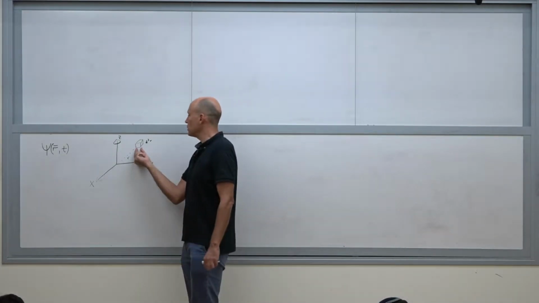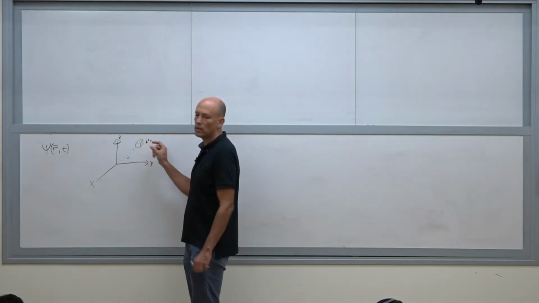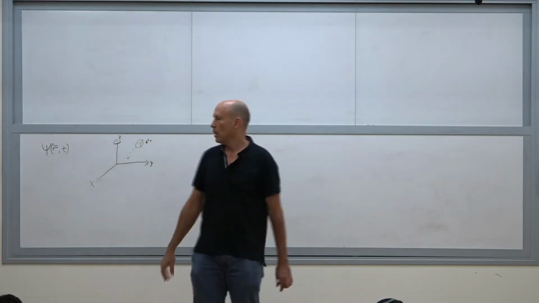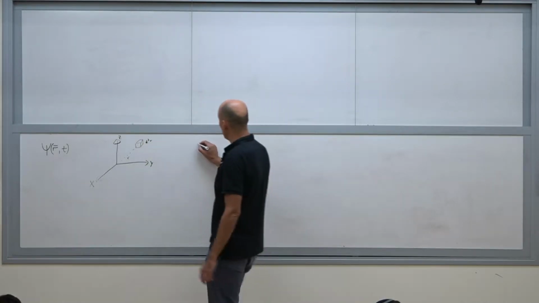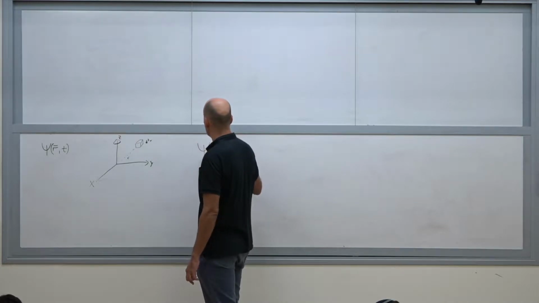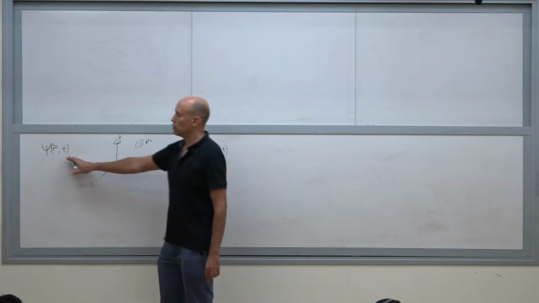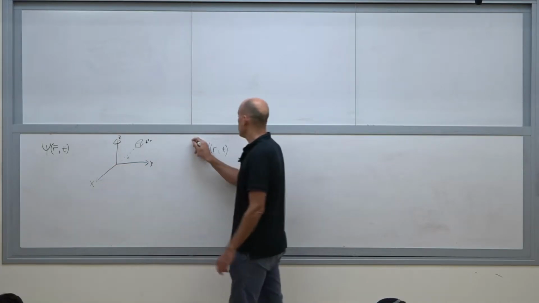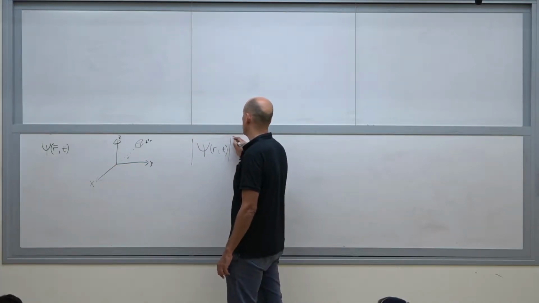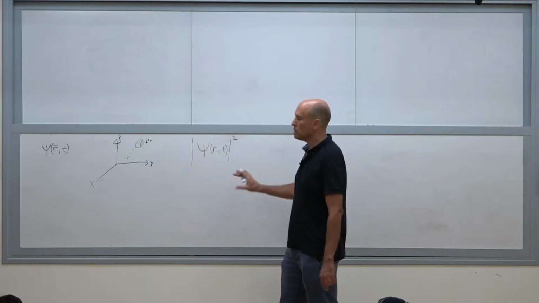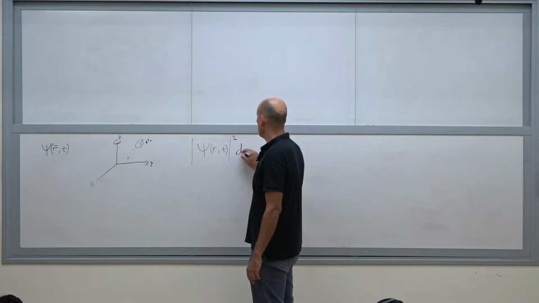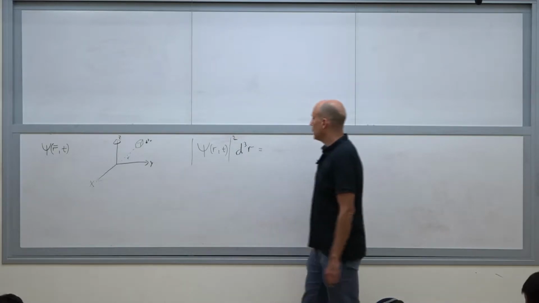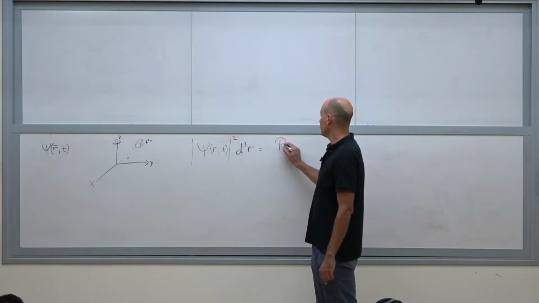So this is an element of volume. Then the probability of finding the particle somewhere in space is not given by the wave function. It's given by the amplitude squared of the wave function. Then I multiply it by d3r, and this is the probability